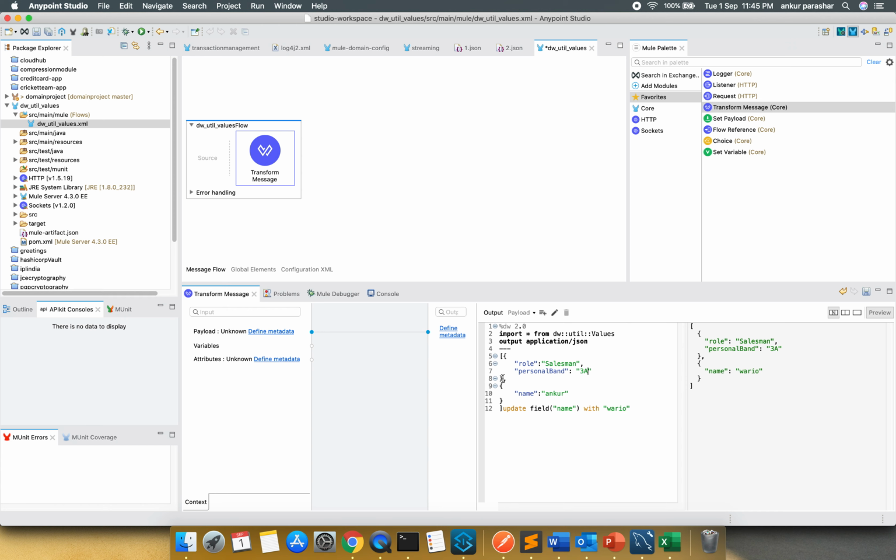Similarly I will repeat this, making up a new payload: chairman, with 10A. Here I want to replace all the personal band with 1A. So you can see it works on the array of objects as well.